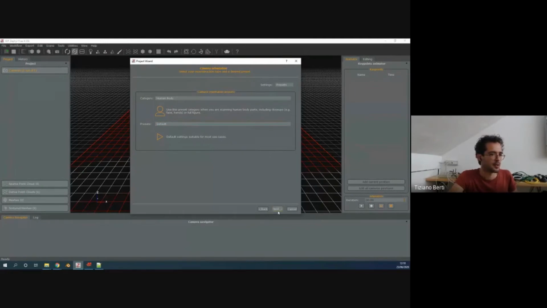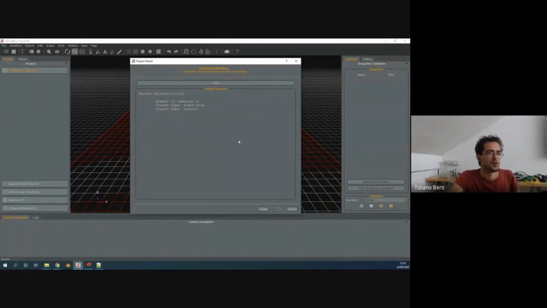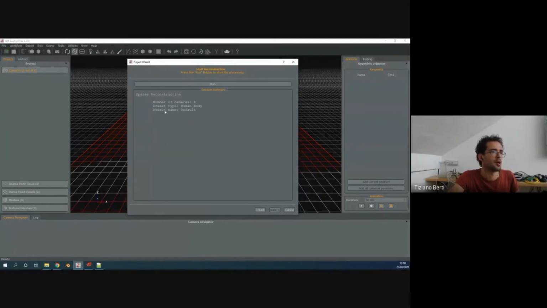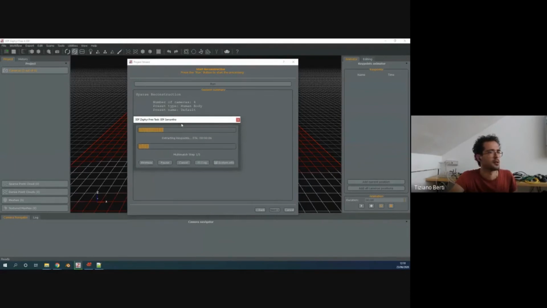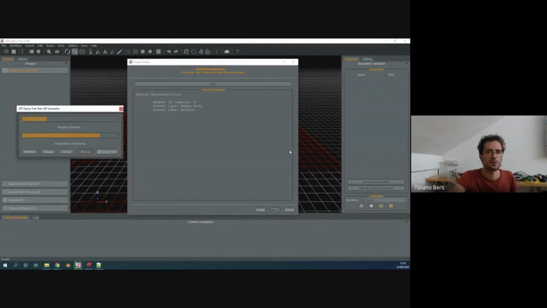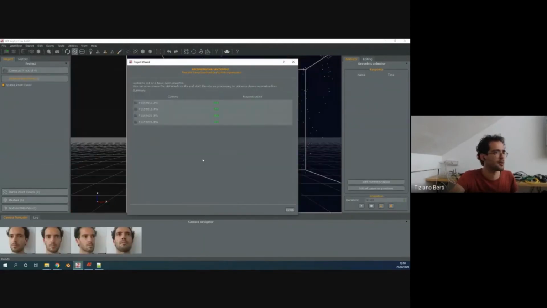I think it'll take a few seconds to calculate. So right now we have a recap, and we can hit run, and it's doing this stuff. We have a log, and it's already done. These reconstructions tell us that it managed to reconstruct all the images, and we are fine. If you see a lot of no, so it's discarding a lot of photos, you can switch back,